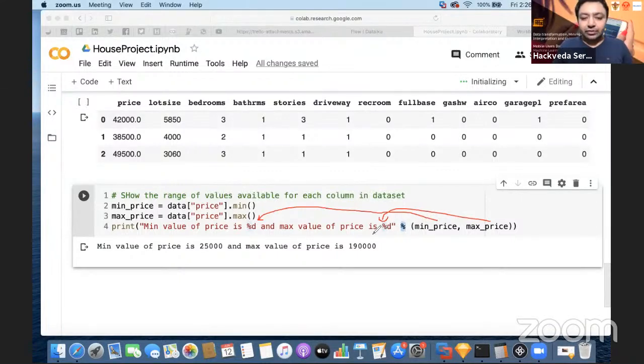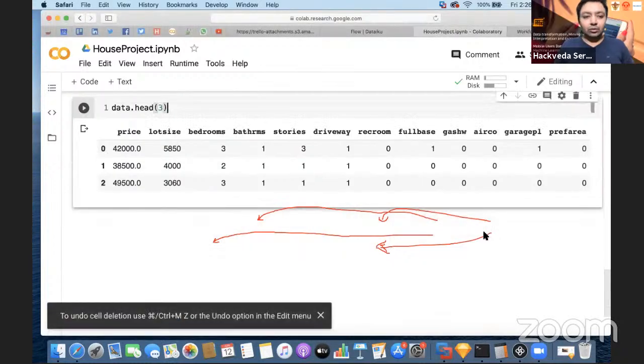So similarly, you can see that the minimum value of a price in the data set is 25,000, and the maximum value of the price in the data set is $1,90,000. Okay, so this is a range. So now you can see that the range of the prices starts from 25,000 USD and it goes up to 1,90,000 USD. Similarly, if you want to check the range of other, sorry,